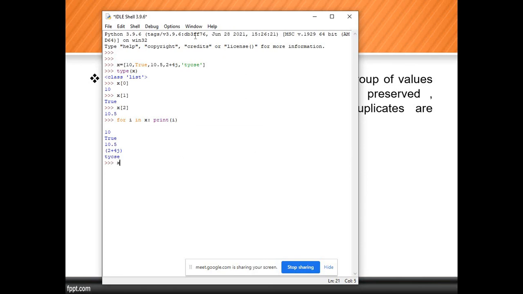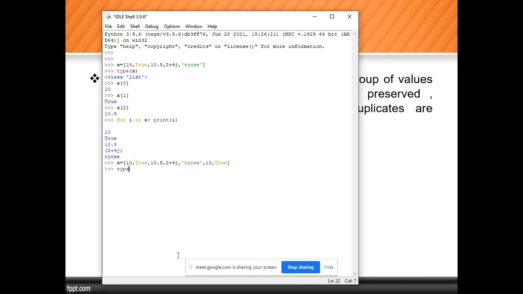Just check that. I will make a copy of this and paste it here, and after a comma I will use 10 repeatedly, and also use the True value repeatedly. Does it allow? We'll check that.